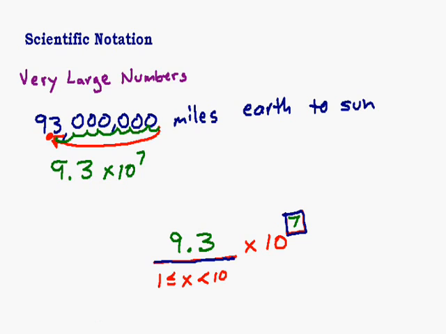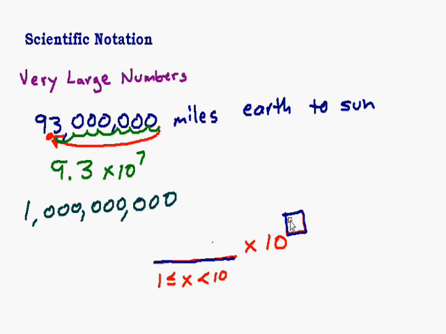Let's look at another example where maybe I can explain the deal with this 1. Let's say I have the number 1 with a whole bunch of zeros here. 1 with 9 zeros, alright? So that's 1 billion. If I want to write 1 billion in scientific notation, I'm going to move my decimal